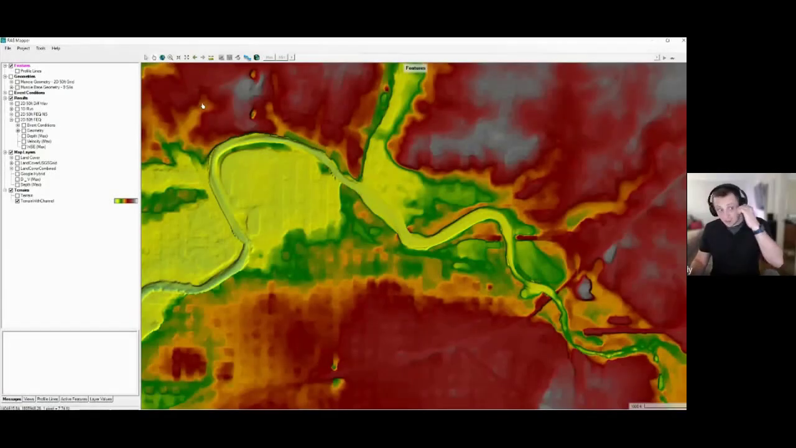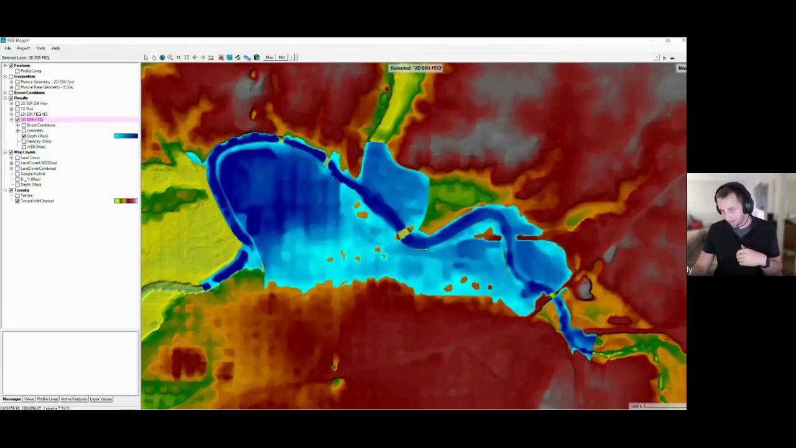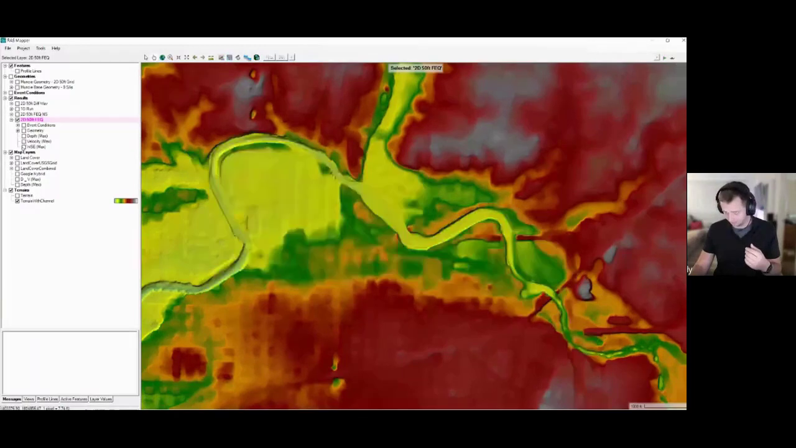This is the basic RAS Mapper window here. Whenever you create and run a plan, it will automatically be added to the results list. So I just ran this the other day, so I know the 2D 50-foot full equations result is good. When we add this to the tree list, we will create 3 maps for you automatically: depth, velocity, and water